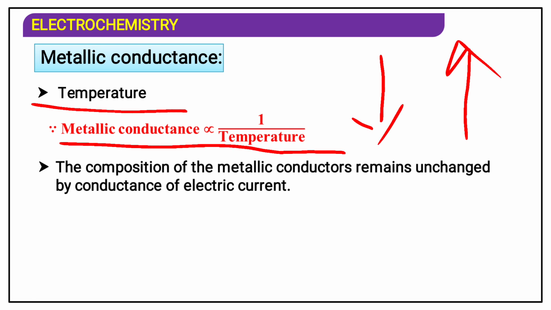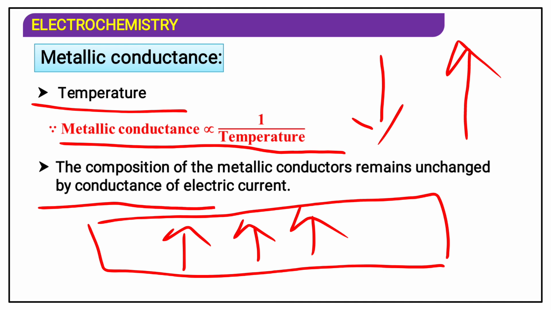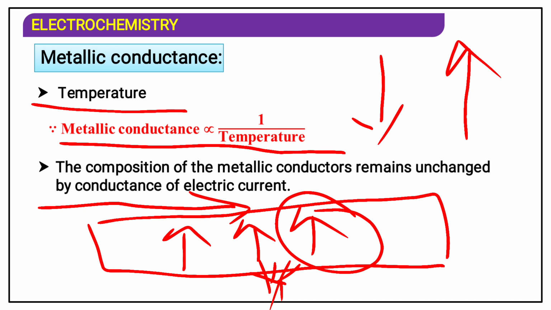Here I want to explain a little bit why, if you increase the temperature, metallic conductance decreases. Because see, there is one metal here, copper metal. Free electrons are present, and electricity is produced in this way. If you increase the temperature here, the vibrations of these electrons will increase. When the vibrations of this electron increase, due to absorbing that temperature, this electron